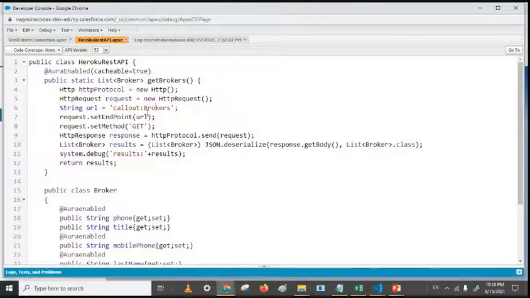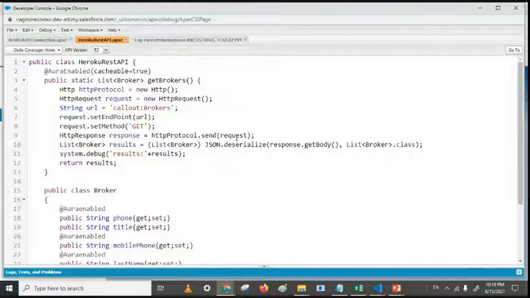Using this callout and the name of the named credential, we use the named credential in Salesforce. This is the notation to call any API using a named credential. So this will be our URL. GET is the preferred method right now, and then we are hitting the REST API call.